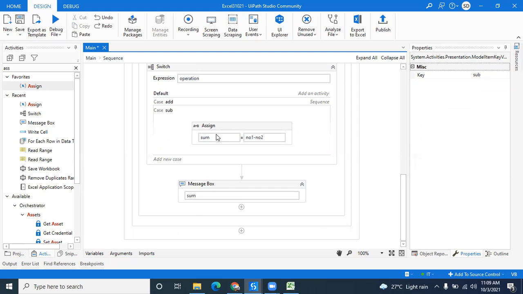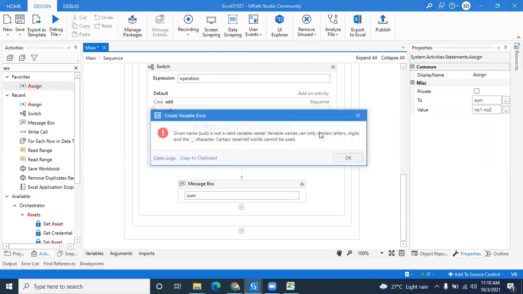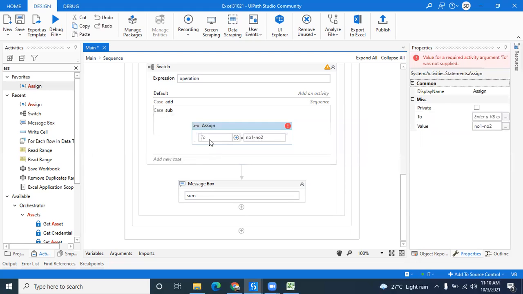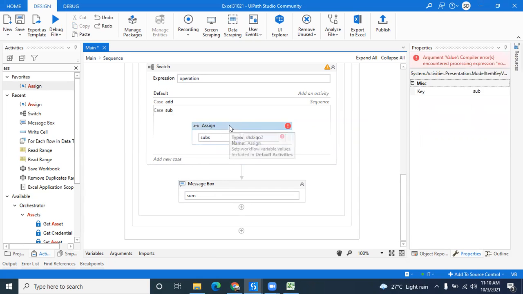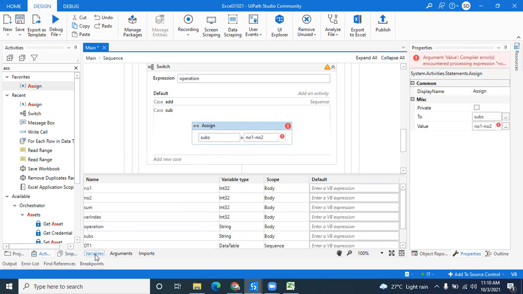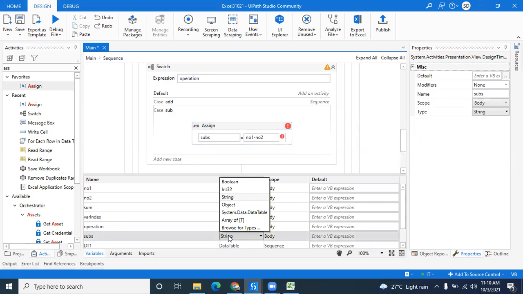Here I should create one variable, Ctrl+K, subtraction. Okay, it's not allowed, it should be subtraction. What should the variable type of subtraction be? Is it string or integer?